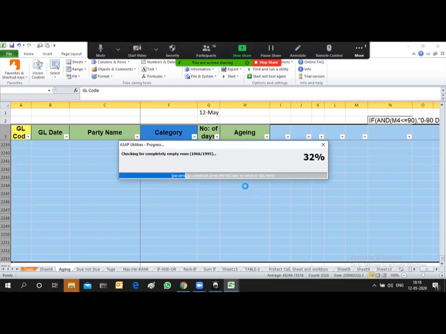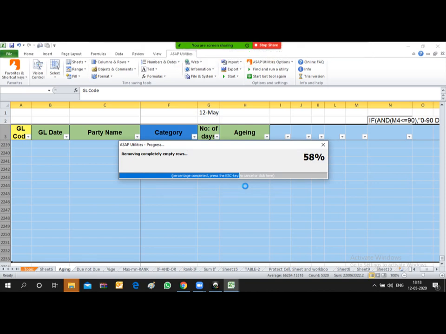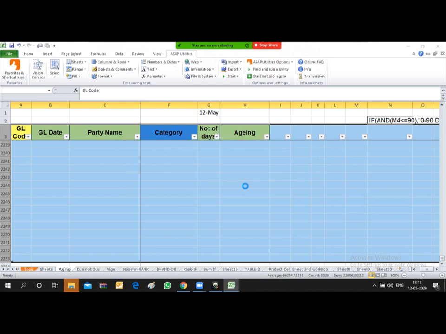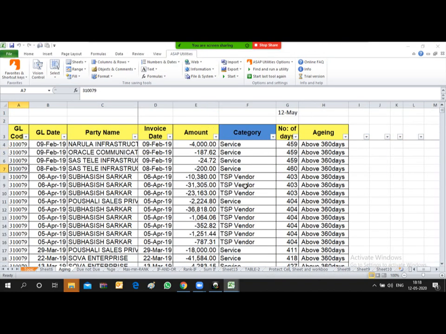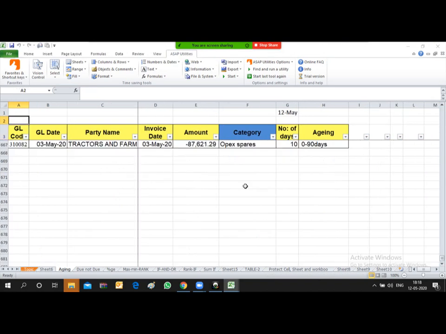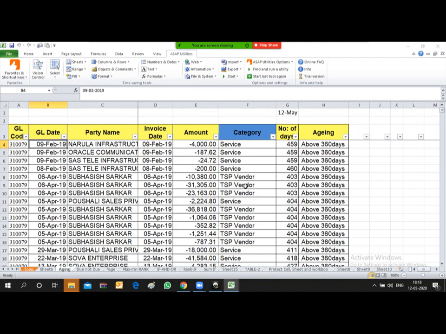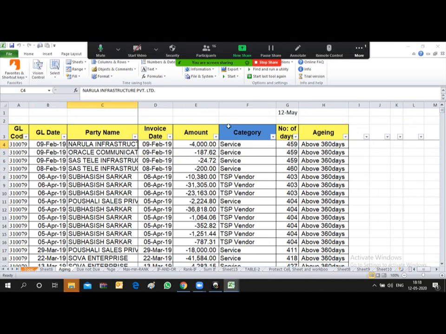Okay, so now it will delete all the empty rows. So friends, now the earlier data is again in the same format. So this is the utilization.